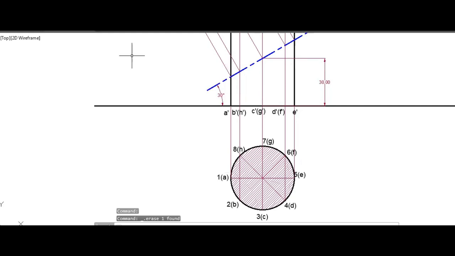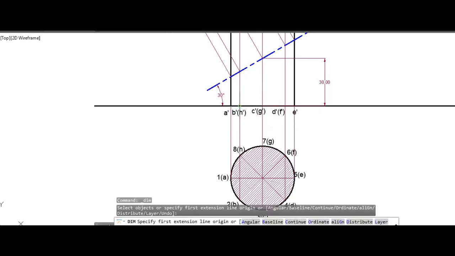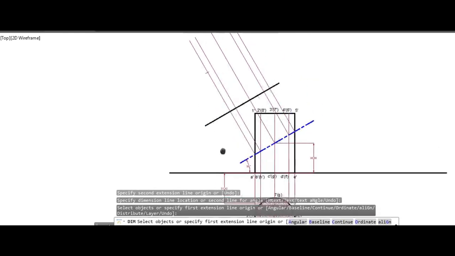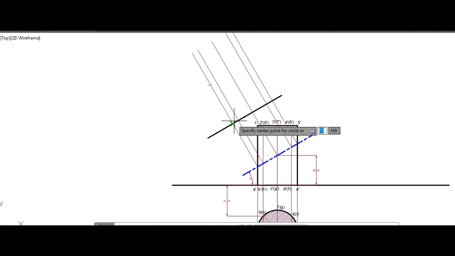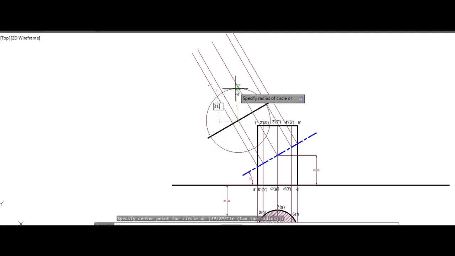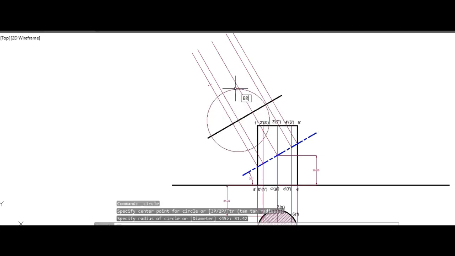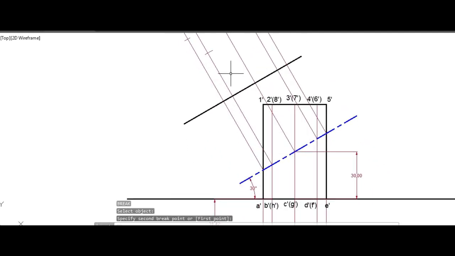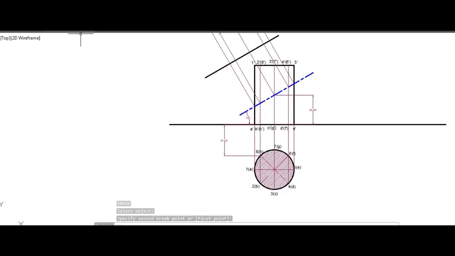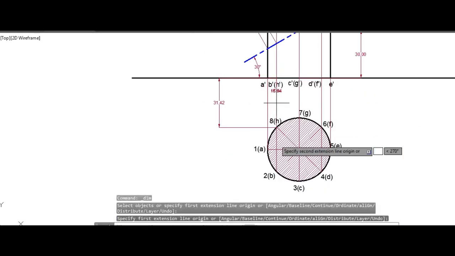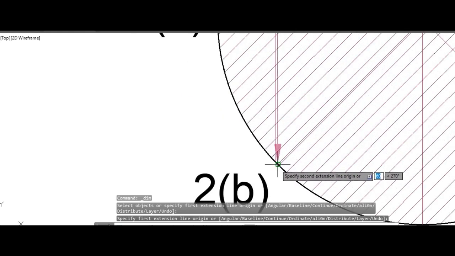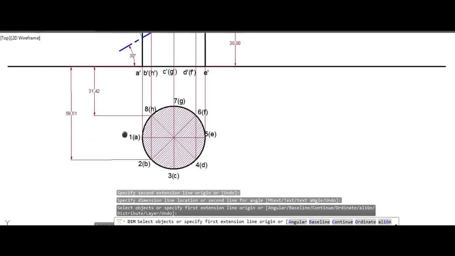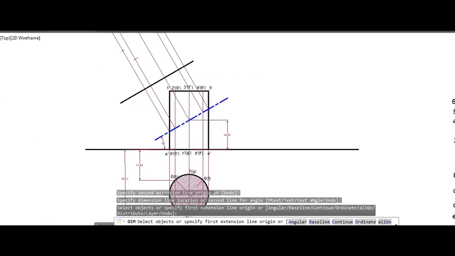Next, the distance from the reference to 8 is 31.42, so we cut here at 31.42. This is my second arc. Next, the distance from XY to B is 59.51, so you cut here.